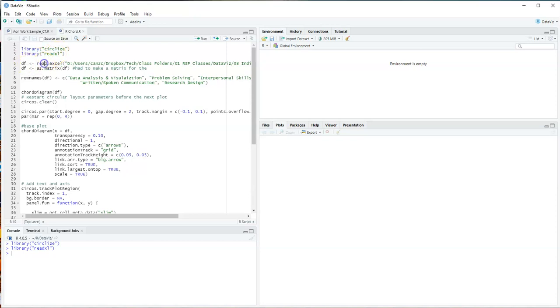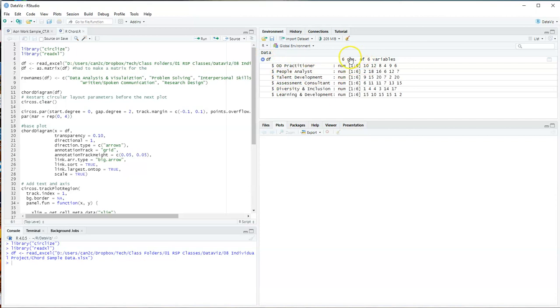I need ReadXL to read my data file, and I'm going to save it to an object called df, and I'm going to use this little arrow to push it there. So I'm just going to run that. Now I have a data frame with 6 observations of 6 variables. The names of my variables are these job titles, and